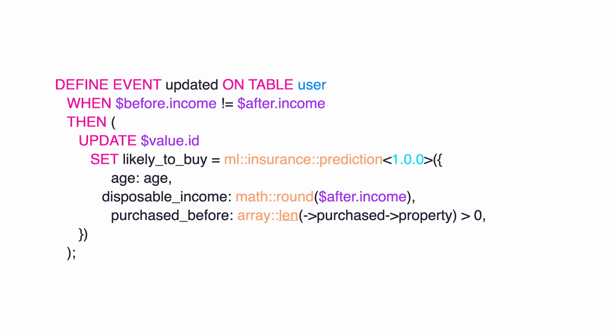So here we're defining an event. An event is effectively anything, whenever something changes in the data, you can define an event that happens when that behavior happens, when that event is triggered. So this event specifically is going to be triggered on any user. So whenever a user record is created, updated, deleted, this event will run.